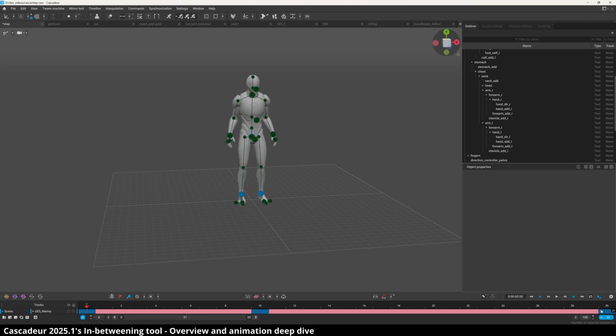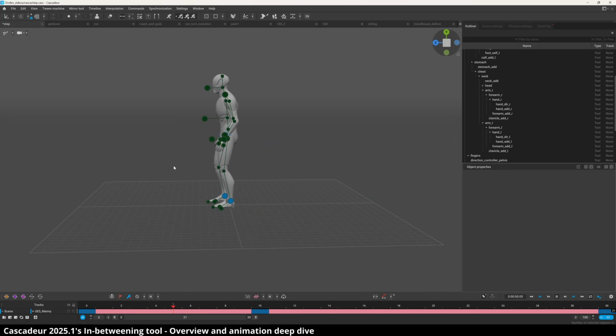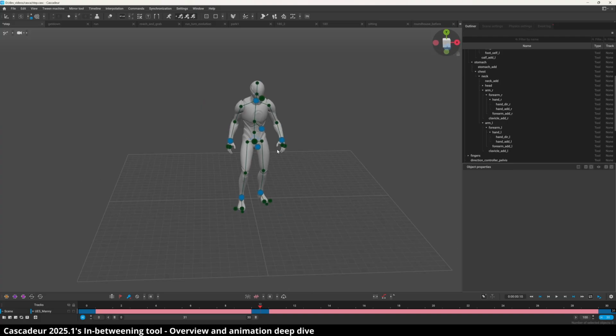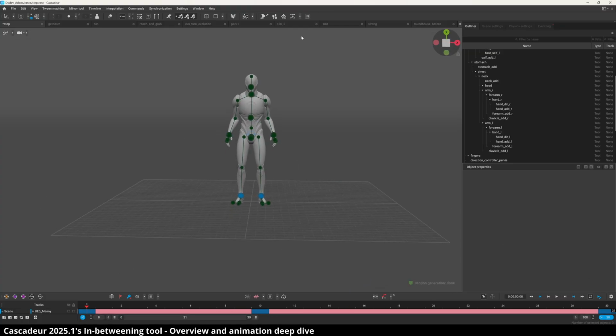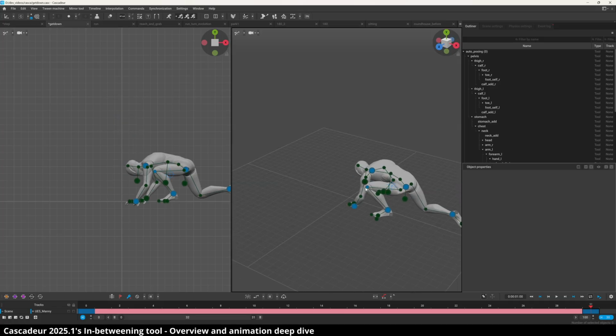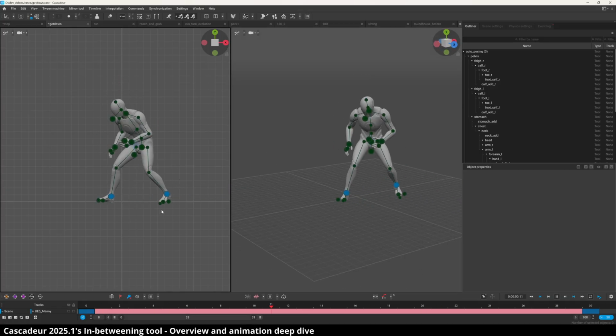In this video, I will show you the new InBetweening feature of Cascadeur 2025. This is a phenomenal tool that isn't quite there yet, but already has a tremendous amount of capability. And I believe over time, as this gets better and gets more styles, more animation coverage, better foot locking, and